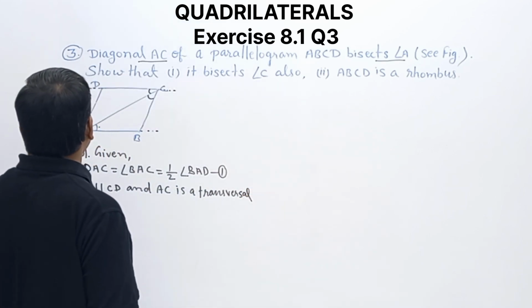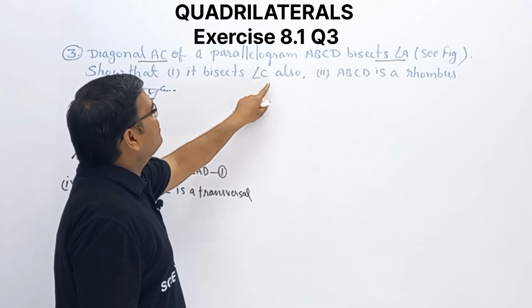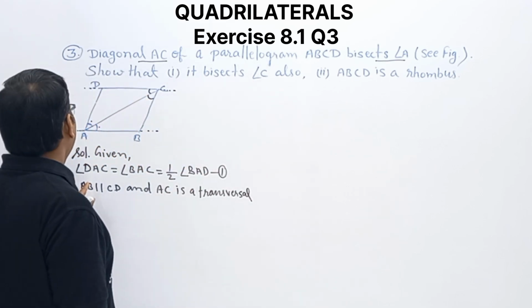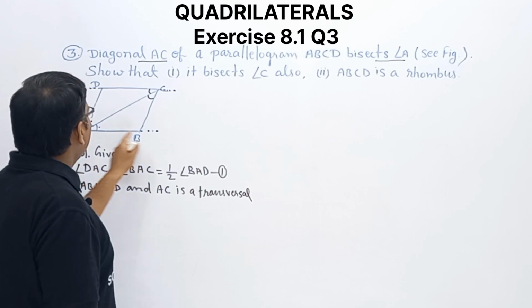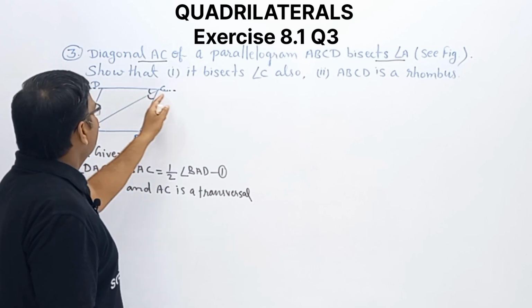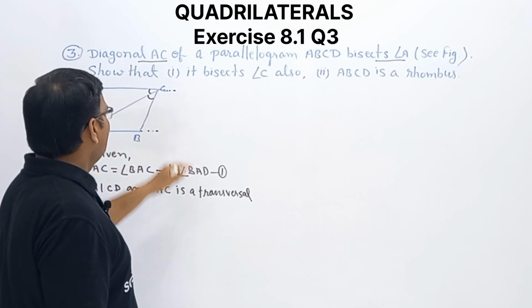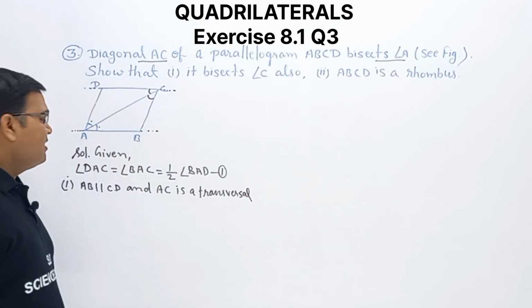Taking AB from observation, we get AB is parallel to CD, and AC is the transversal. At that time